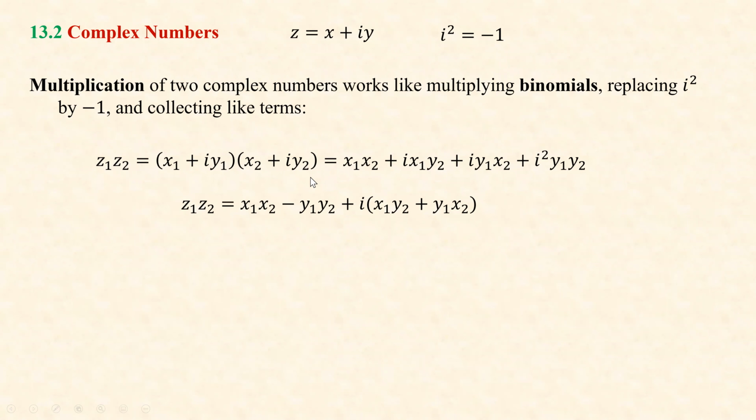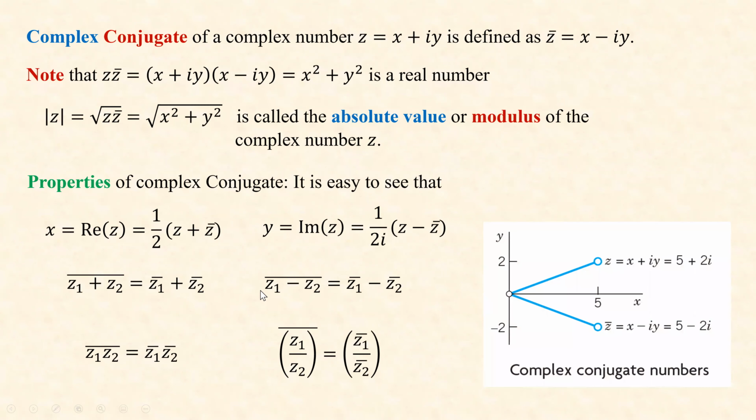Multiplication is like multiplying two binomials, and everywhere we get i squared, we replace it with -1. That's why, for example, here we have -y1 y2. So this imaginary part times this imaginary part becomes real. All right, and then cross terms become the imaginary part of the multiplication. And then we